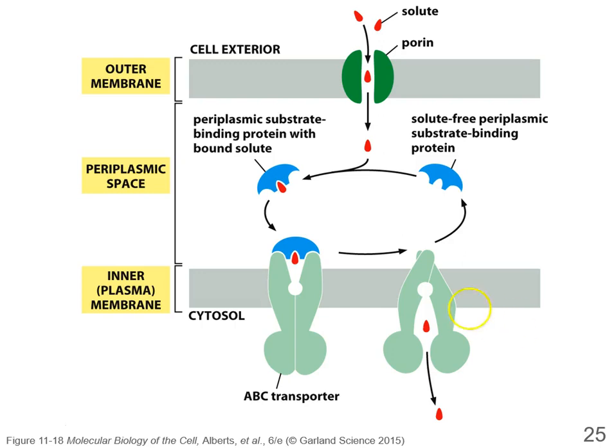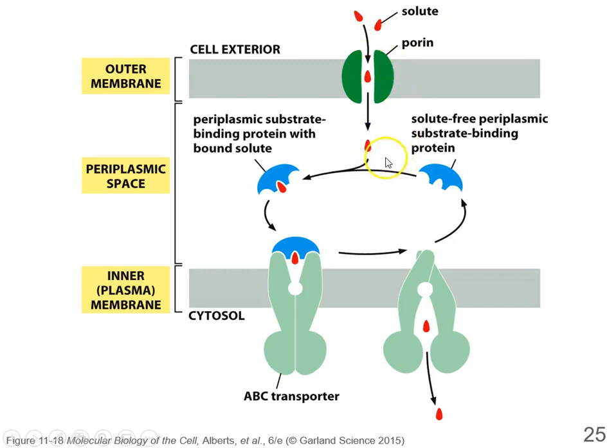So the way that works is that you might remember that bacteria have 2 membranes. So here's the cytosol. We have an inner membrane, and this is the periplasmic space. That's the outer membrane, and this is the cell exterior. So the way that this works is that the solutes come through the outer membrane in these porins, and these